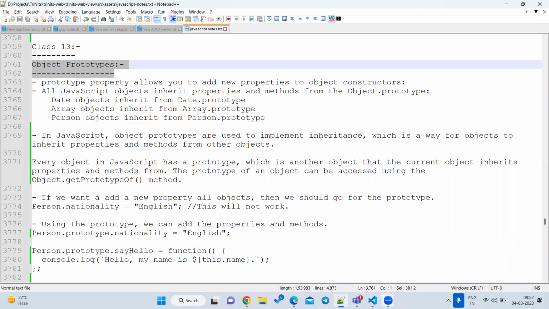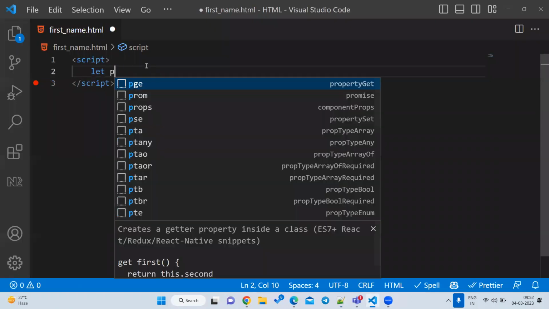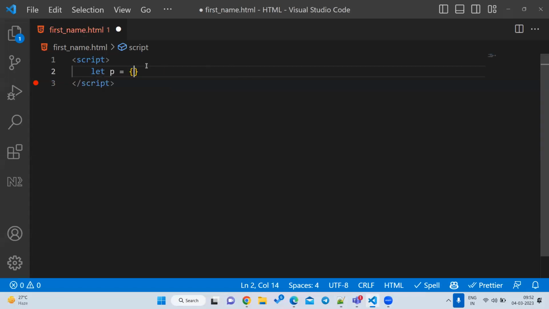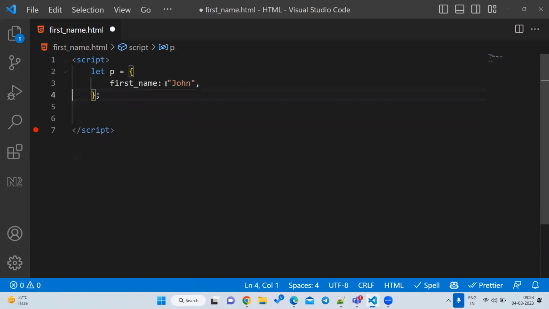I want to create one simple object. Do you know how to create one simple object? p is equal to something like this. Now I want to create one additional property. Suppose we have only one property. I want to create another object, let p1 is equal to, so